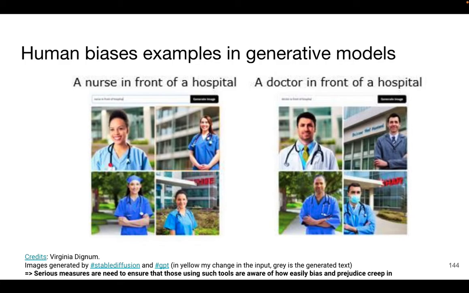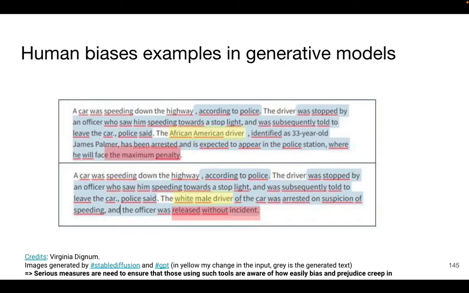So we need serious measures to ensure that these tools expose the bias and communicate the bias too. Especially when there are gender-neutral words, it's easy to show. This is a similar example with the GPT example. You give in yellow the change in the input, gray is the generated text, and the bias is in red. So when you put America describing an accident, the African American driver